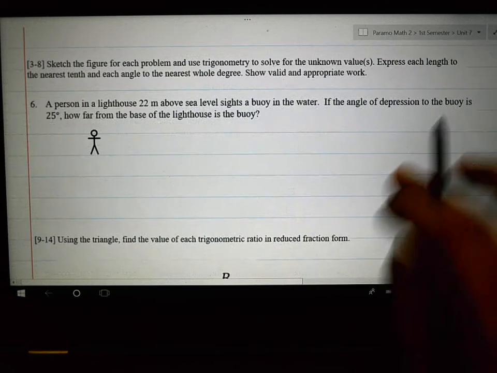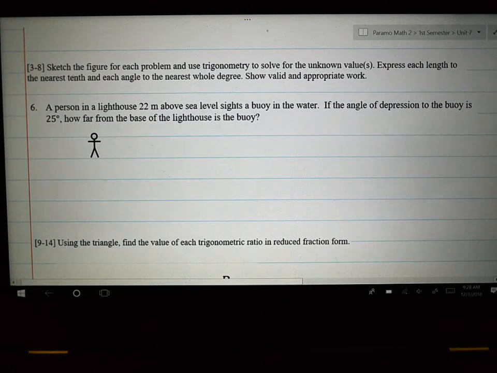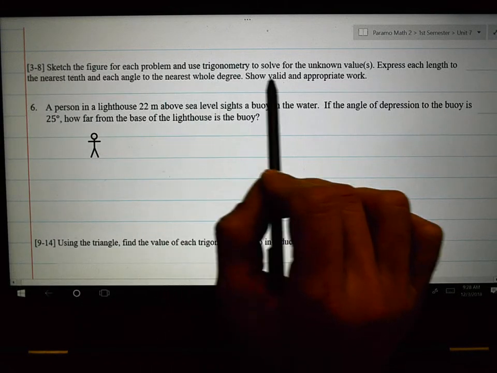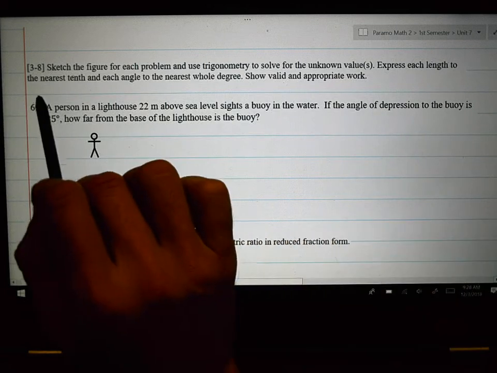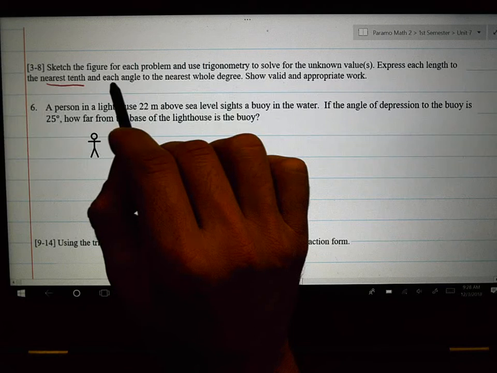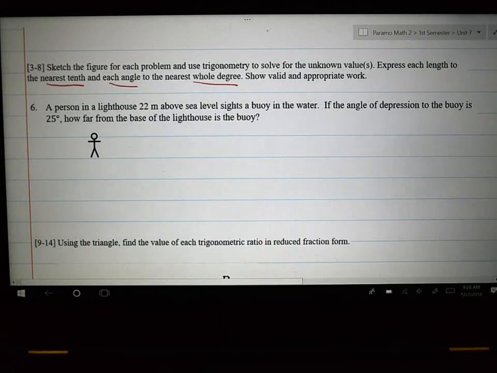The next example that I have for you is a word problem. In this section, you can expect to see a lot more word problems. The directions say sketch the figure, use trigonometry to solve, express each length to the nearest tenth, and each angle to the nearest whole degree. Number 6 says, a person in a lighthouse is 22 meters above sea level, sights a buoy in the water. If the angle of depression to the buoy is 25 degrees, how far from the base of the lighthouse is